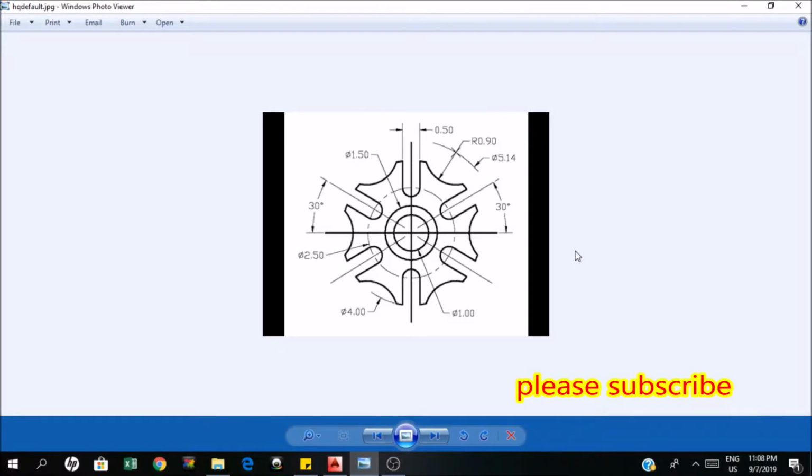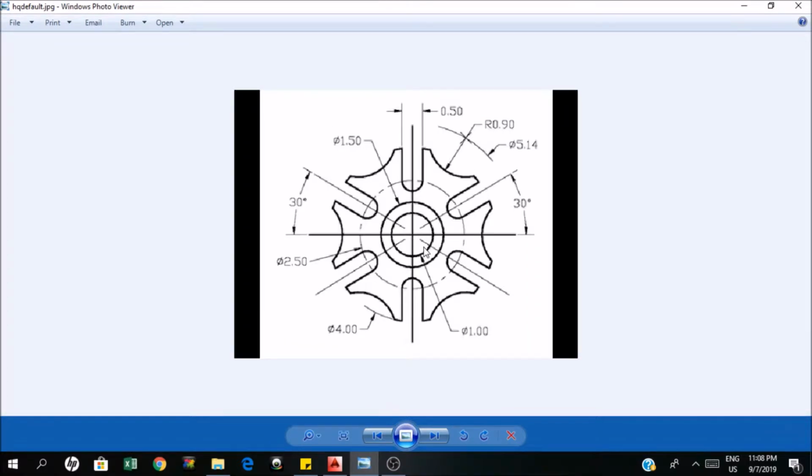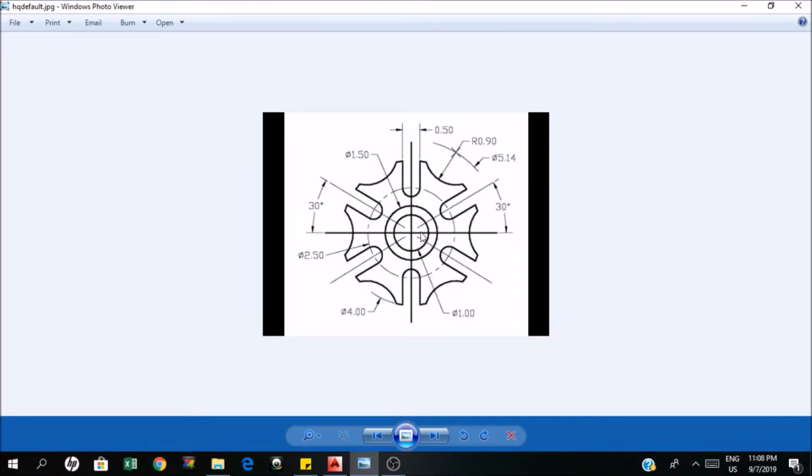Our next project is looking something like this. Now, as you can see, there are too many circles as its dimension. But looking at here, you will realize that the main reference point is this center. By analyzing how to start this project, you will realize that we can begin this project by actually drawing this